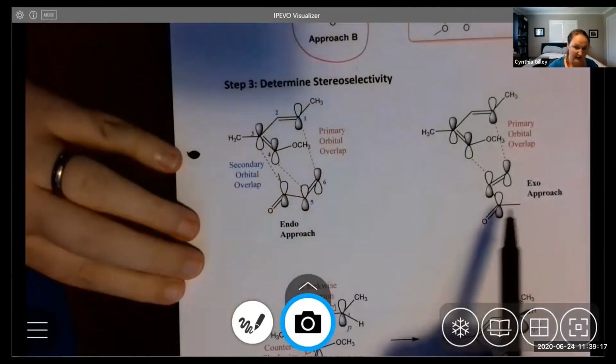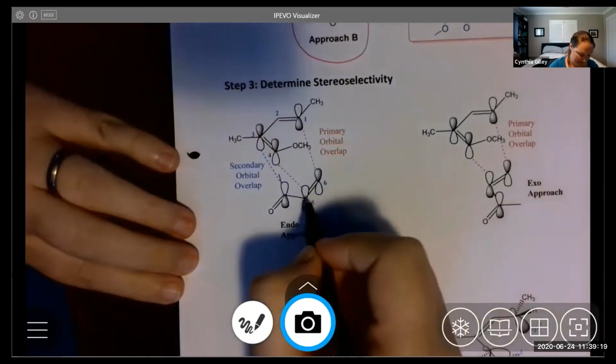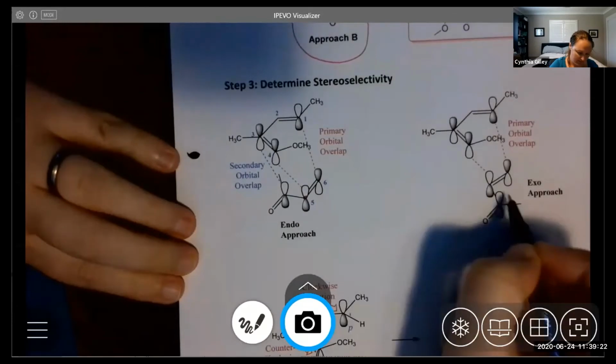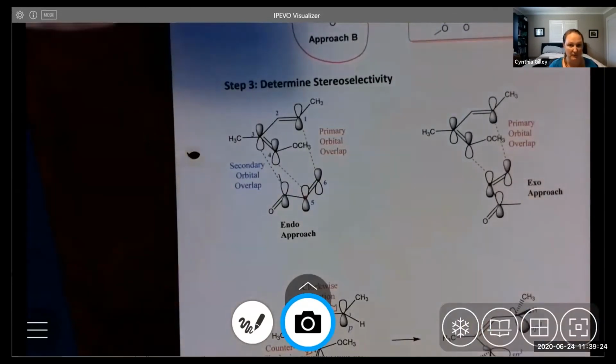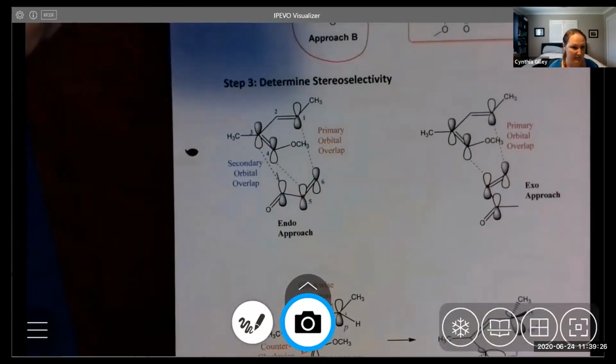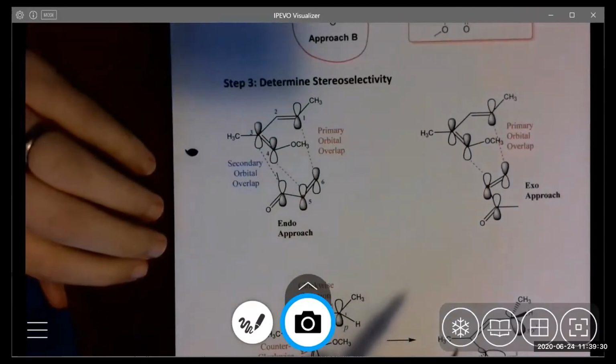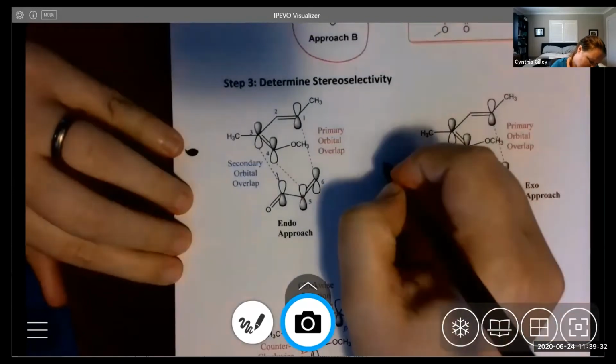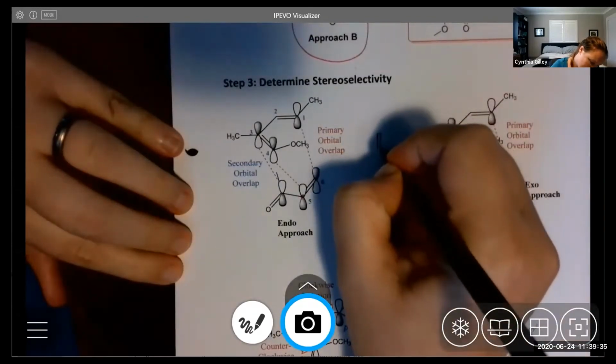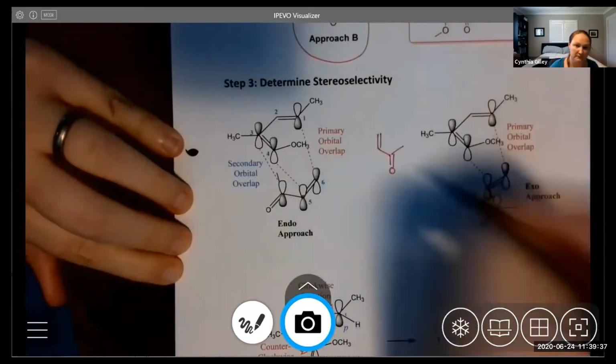And even exo-endo, it's still on the bottom, right? It's still attached to this carbon, regardless. Does that make sense, Matt? Okay, the difference is now, yes, it is on the bottom, but even if it's on the bottom,